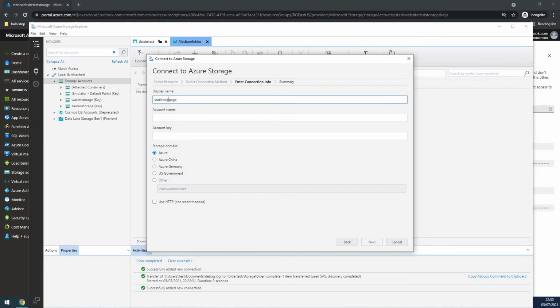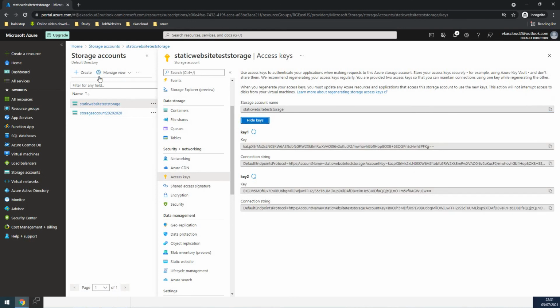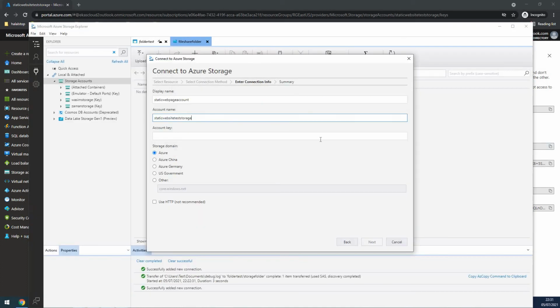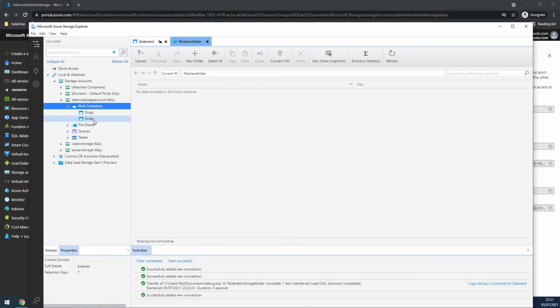page account. Keep it a bit differentiated. Account name, we just copied it. Let's go back. Show my key, make sure we are using the right account. Yes, that's selected. Click. Let's go back. Account key copied. Azure is selected. Next. Connect. Okay. So static website is being selected, and you can see